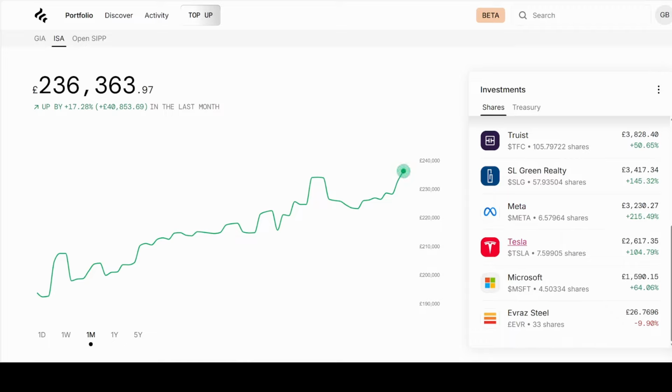Another stock that has been mooning is Tesla, but I've got quite a small position at £2,617. I'm sure some of that is because Elon Musk is essentially best buddies with Trump. And lastly, Microsoft, a value of £1,590 and is up 64%. The last position is Everest still, but it's still a position I can't technically sell because of the issues with Russia. So it just sits there being red in my portfolio, which is a bit annoying because everything else is